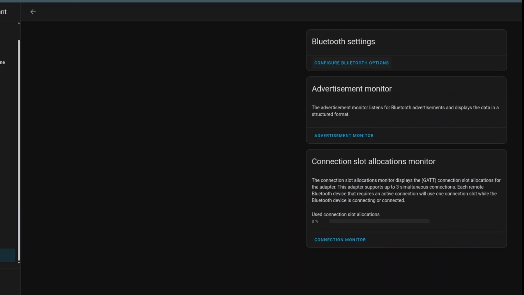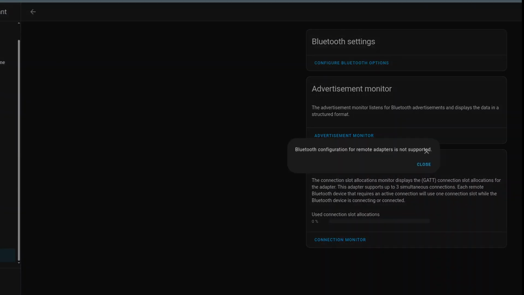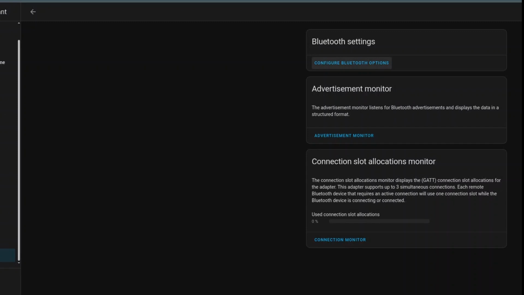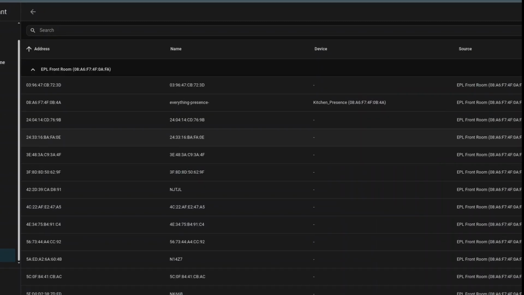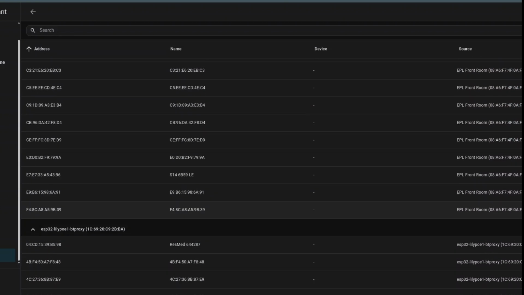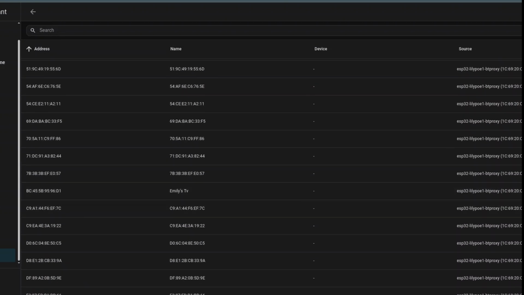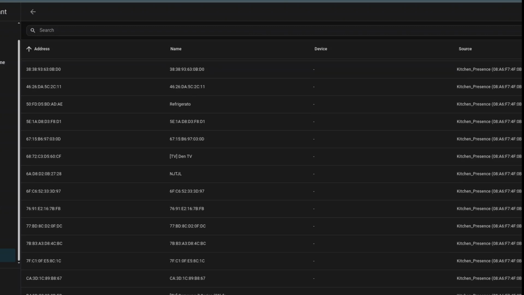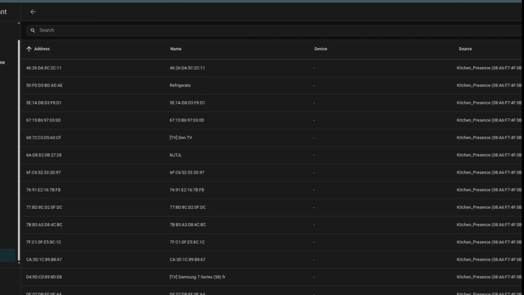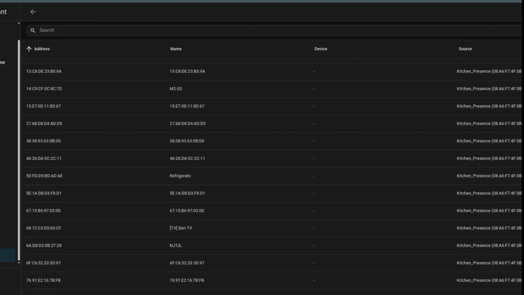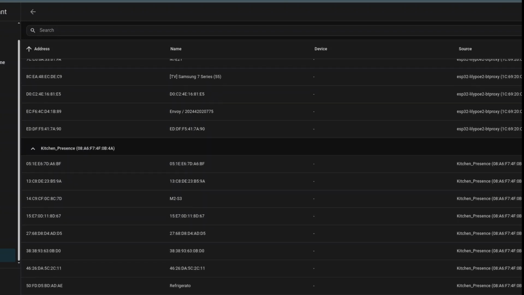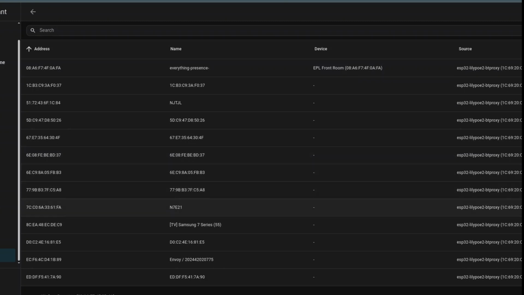So I do see that I had a couple Bluetooth proxies that were disabled. That's because I went from an ESP32 over Wi-Fi to direct Ethernet-based Bluetooth. So much better if you have the time and money. Comment below if you want me to put in the comments what I purchased. I actually really like the PoE